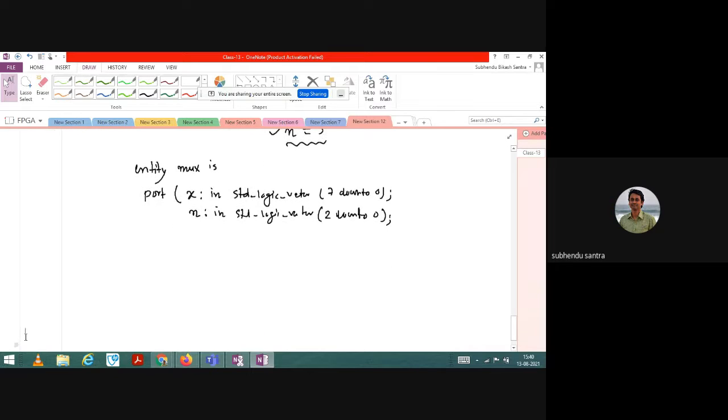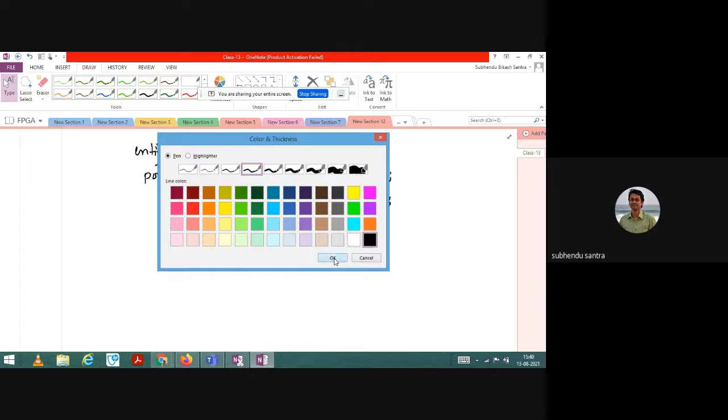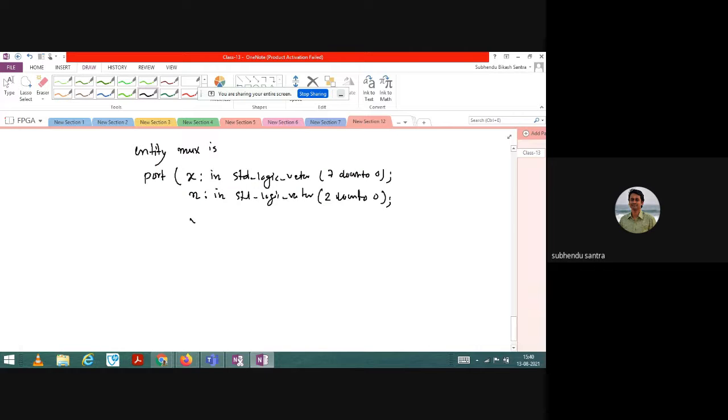Yeah, now you tell me, output is what? Let us say it's a normal out, standard logic. Very good. Standard logic. Okay, so bracket close, semicolon close. So end mux.